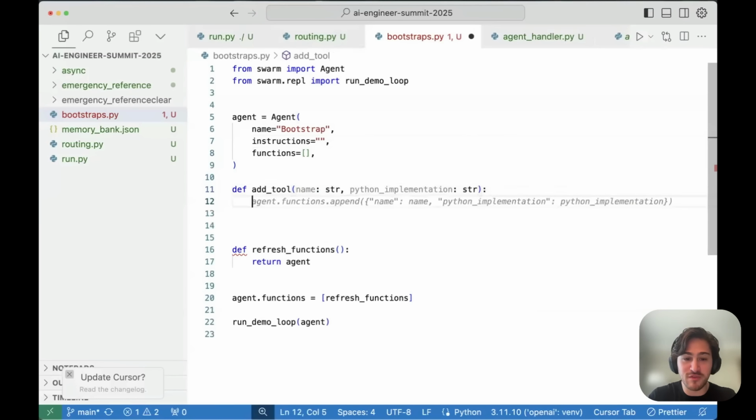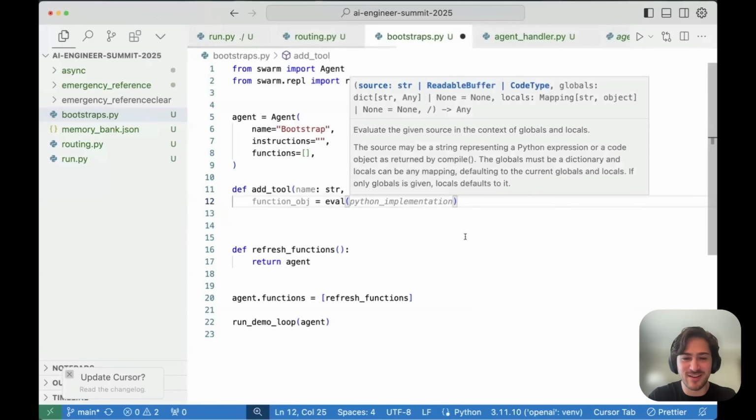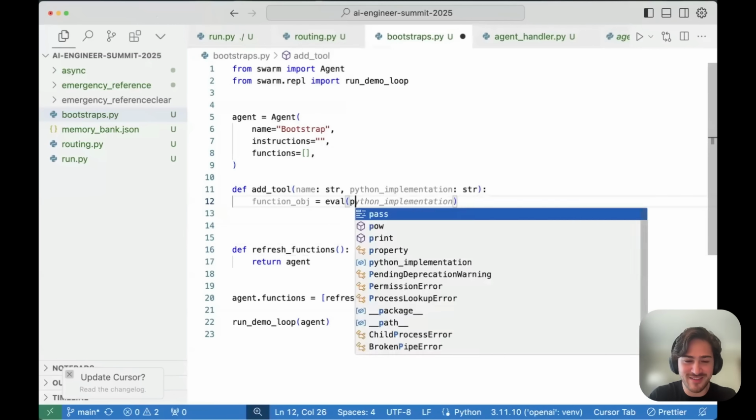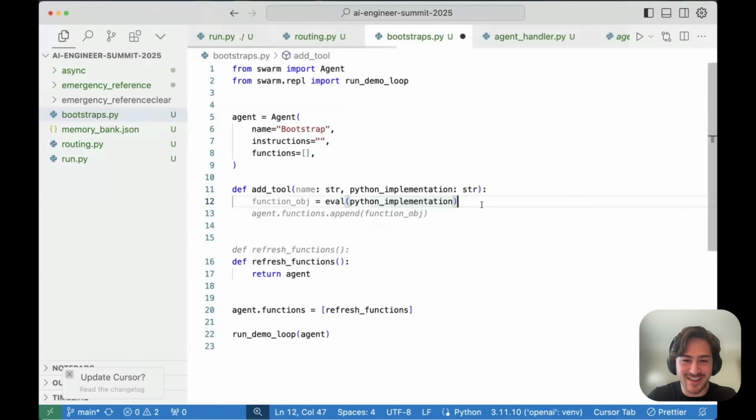Okay, I'm going to do something very unsafe. So, what would it be? It's like function obj equals eval of Python. Don't do this. Don't do this, kids.